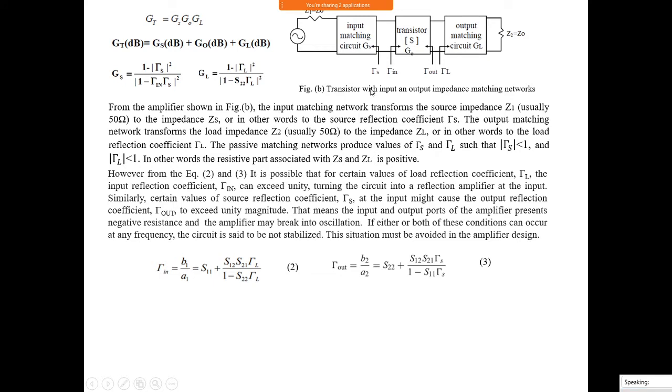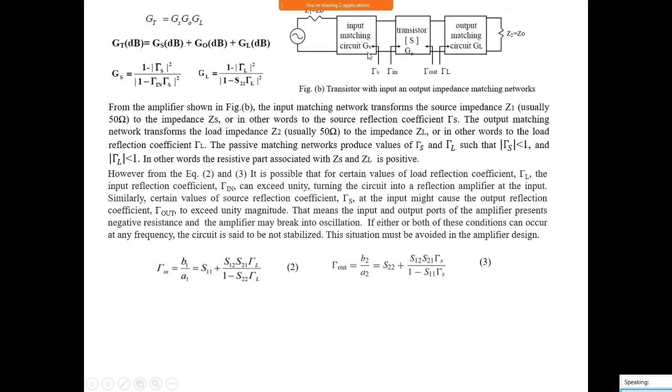So that's why we are using this impedance matching and this impedance matching. Now, you are using an impedance matching network, changing the impedance to ZS. Then what should be the value of ZS? What value do you have to choose? For example, I want 2 dB. What should be the value of ZS? Or if I want 1 dB, what is the value of ZS? Similarly here, if I want 2 dB, what is the value of ZL? Or it may be 3 dB, 4 dB, whatever it is.